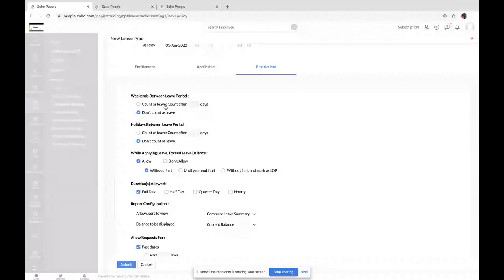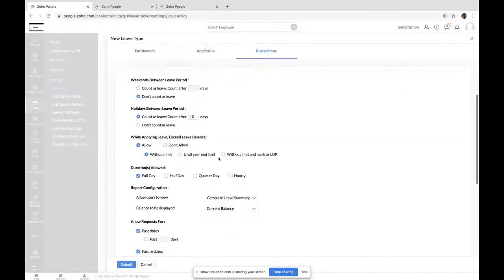Say you're going to apply a leave from Friday to Monday of a month. In between, we do have weekends on Saturday and Sunday. Whether those weekends should be considered as leave and the leave balance should be deducted, or it should not be considered, can be defined here. The same applies with holidays as well. If you want to enable this option based on the number of leave days, you can very well define it here.